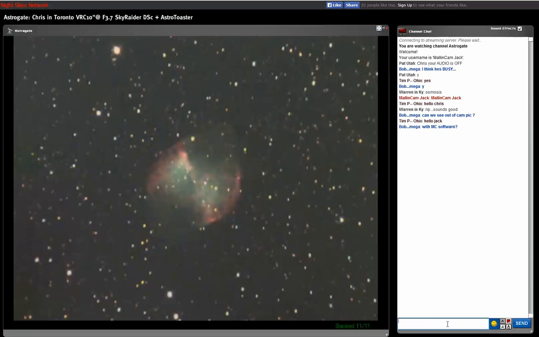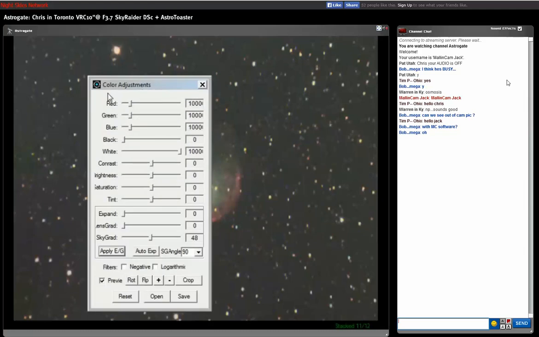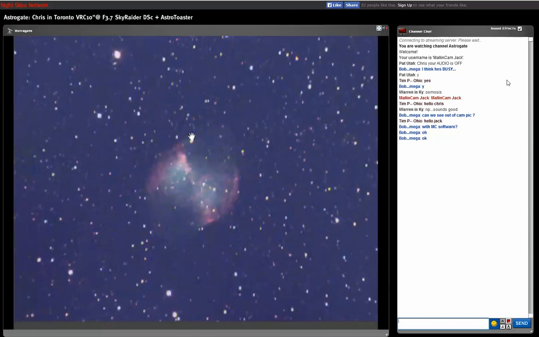Okay, this is AstroToaster. Yeah, you see, there's the symbol. That's AstroToaster, not MallinCam Sky. I'm using MallinCam Sky, here's the image for MallinCam Sky. Basically I'm only using MallinCam Sky to capture the images, which it did by using